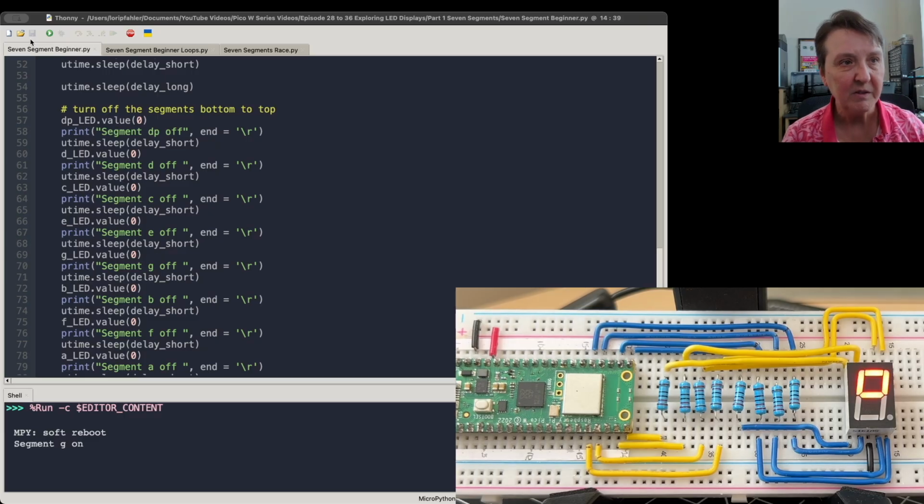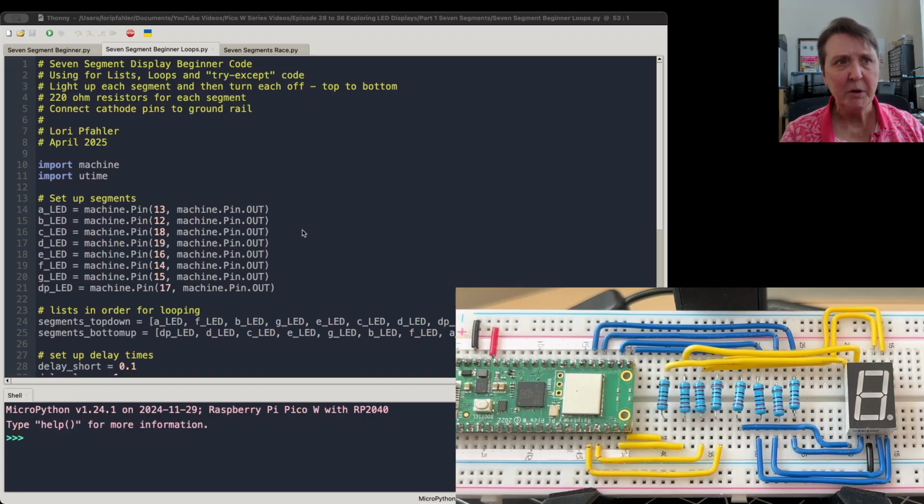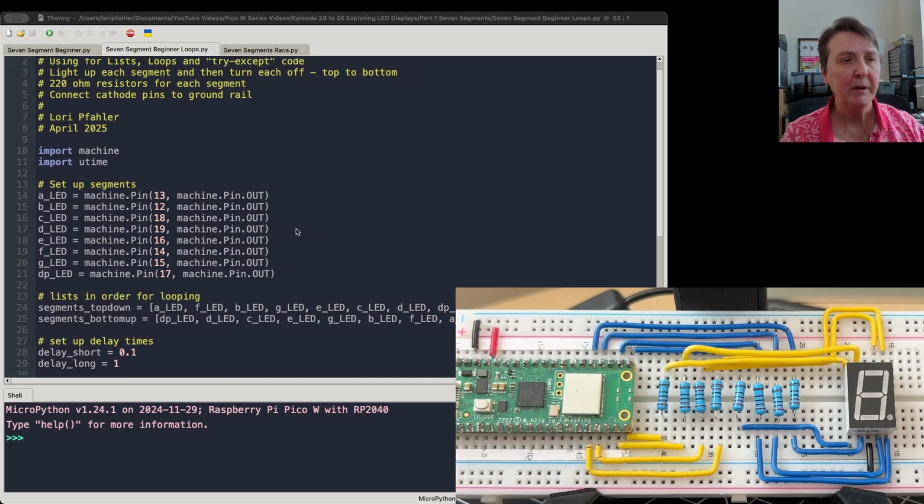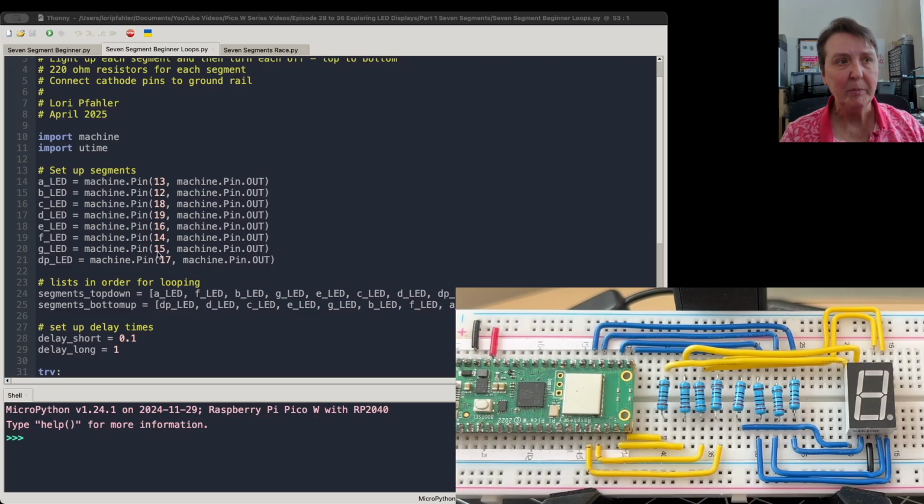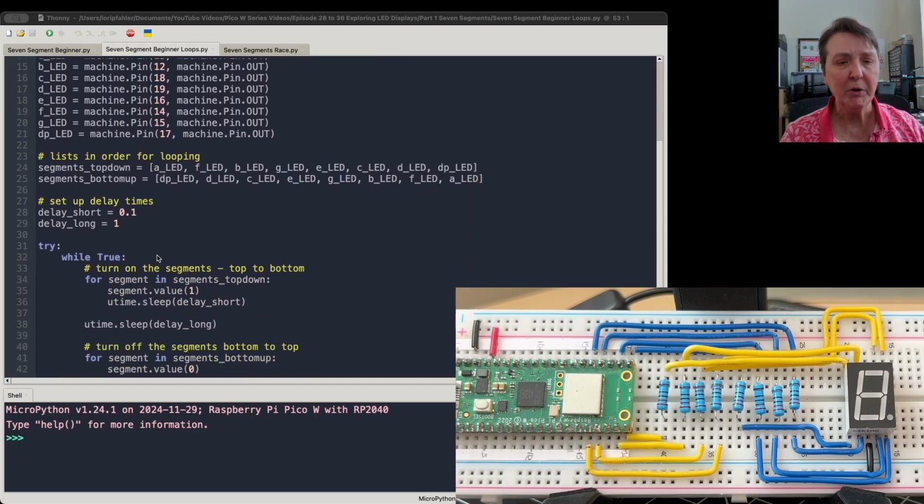complex because, as you can see, when you're doing something like this, it'd be better to use a loop instead of explicitly writing each of these out. We can make our code simpler to follow. All right, here's our beginner code, but using loops, and I'm also using try and except so we can cleanly exit this program. We'll set up everything just as we did before, but we're going to create a couple of